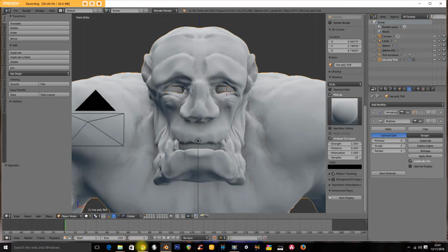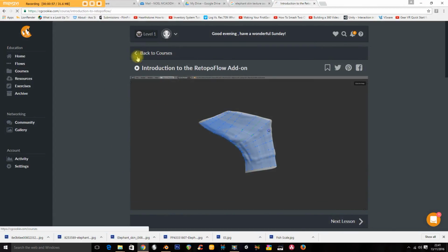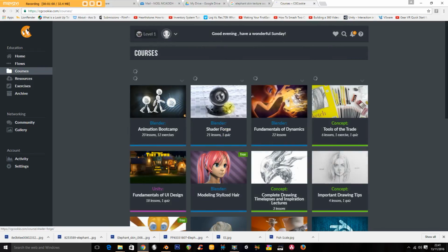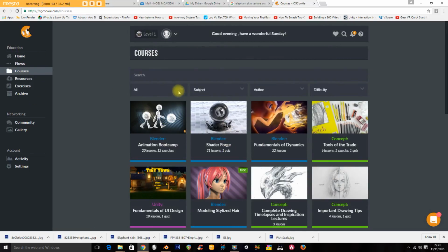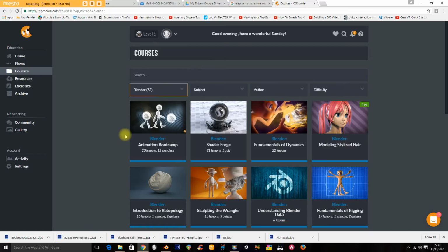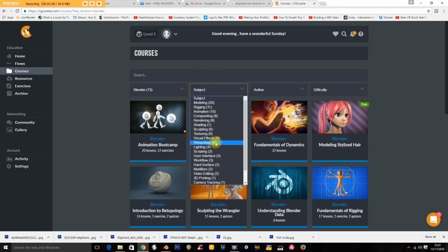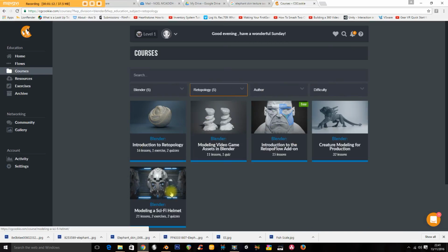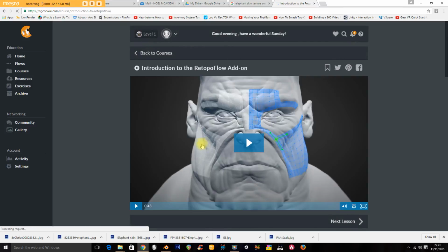So what I'm going to do now is use a plugin here. This is CG Cookie, and they have 73 different courses on how to use Blender, and they have 5 here in retopology. Now this company have made a plugin for Blender called Retopoflow, which is an amazing little plugin. Now, it's not free. It's about $70, I think,